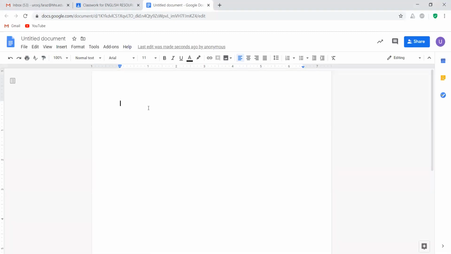See, the Google Docs is actually prepared. It just automatically opens. I'll just copy and paste from my plan the table that I need, and I'll change